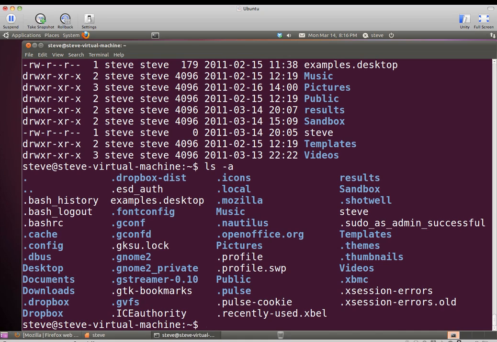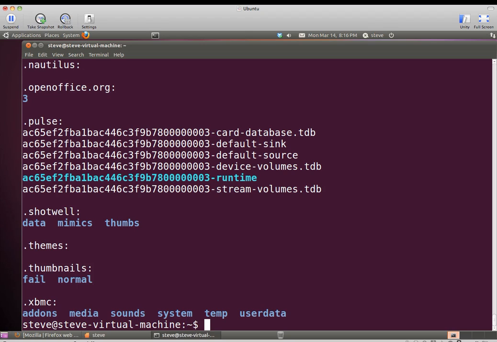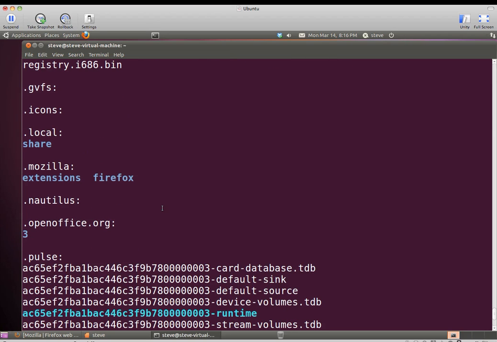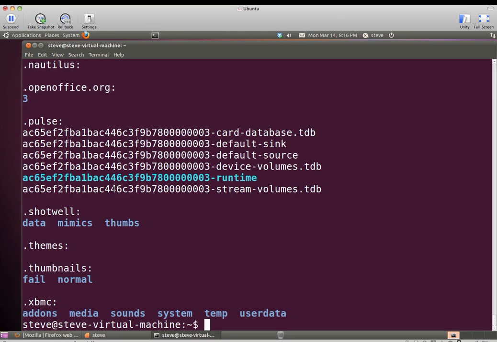If I wanted to list just those files that were dot files, I could say something like ls .*. And we're going to talk in a minute about the star as the wildcard character. This says, show me every file that begins with a dot and is followed by anything else. And if I do that, you'll see I get a list of things. Although the listing's a little bit different, because a lot of stuff scrolled off the screen here. I'm seeing not only the dot files, but if they were directories, ls by default goes ahead and shows me what's inside of those directories. It kind of does a one-level expansion, if you will. And that's sometimes useful, sometimes not.